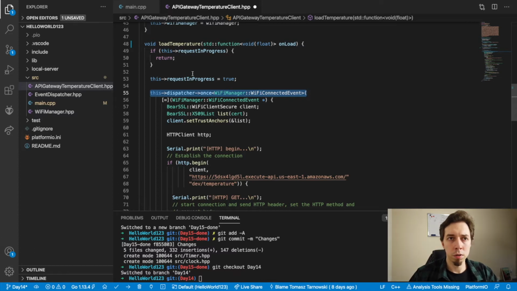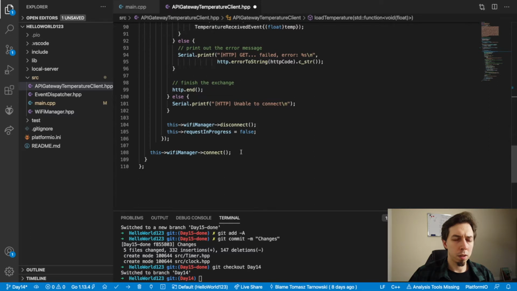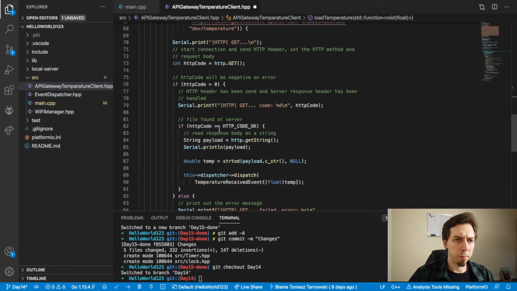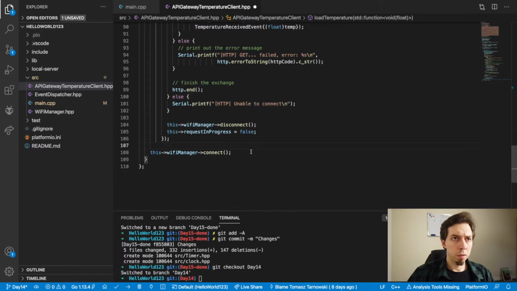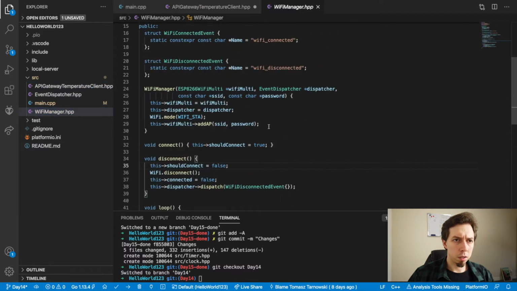Regardless whether it's error or not, I would like to get this response anyway, right? And what I could do is to modify that approach back to not 100% back, because I'm still gonna use probably even the dispatcher here, but essentially back to the callback approach. Why the callback approach? So to explain that, I need to go to the WiFiManager, because at the moment the way the connect works is essentially